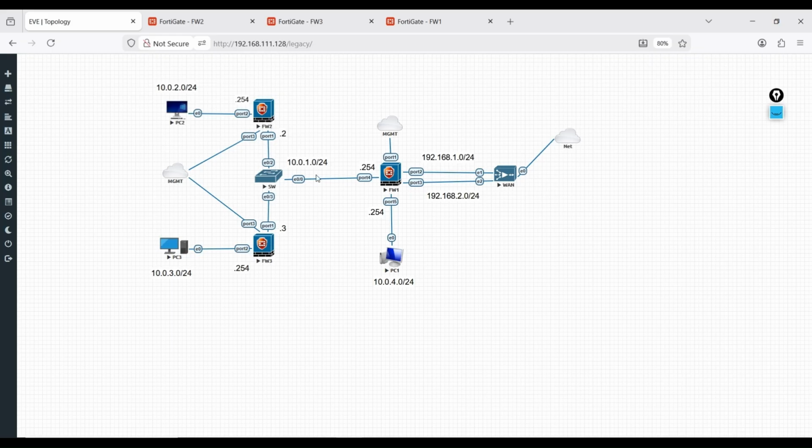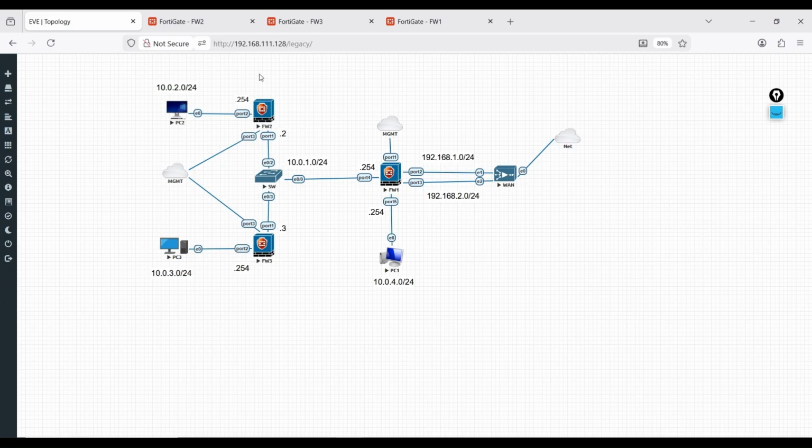Now we have to configure a few other things to make the communication happen between all three firewalls. Unless we set up a policy, they will not communicate, because by default we have an implicit deny in the firewall policy.